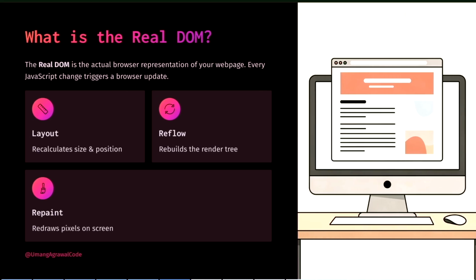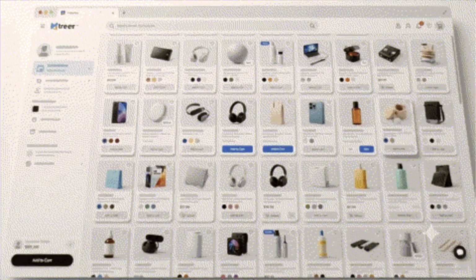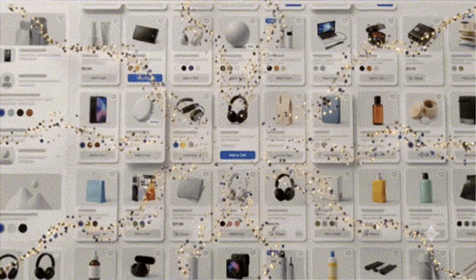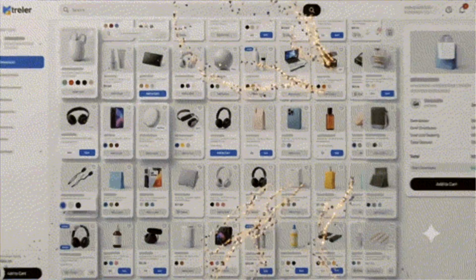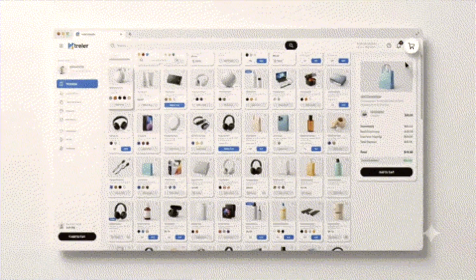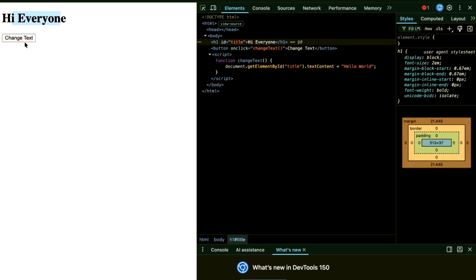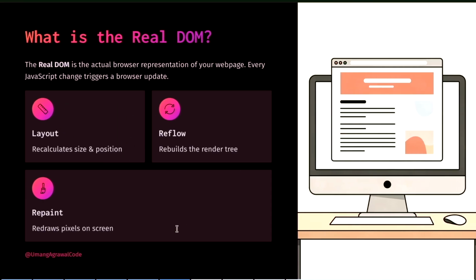Now what is the problem with real DOM? It is the actual browser representation of a web page. So the problem comes if you make any small changes, the whole layout will be recalculated. It will recalculate the size of the button, size of every element. It will recalculate every position, every size.